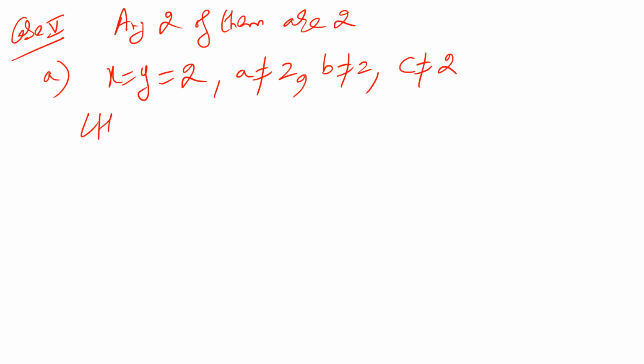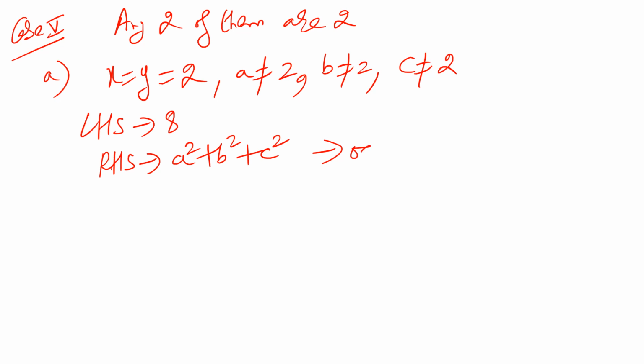Now obviously LHS becomes 4 plus 4, which is 8, whereas RHS becomes A square plus B square plus C square. Now students, since all the three variables A, B, C are odd prime numbers, then odd plus odd plus odd certainly comes as an odd number, and odd cannot be equal to an even quantity. So that means this is also not possible,